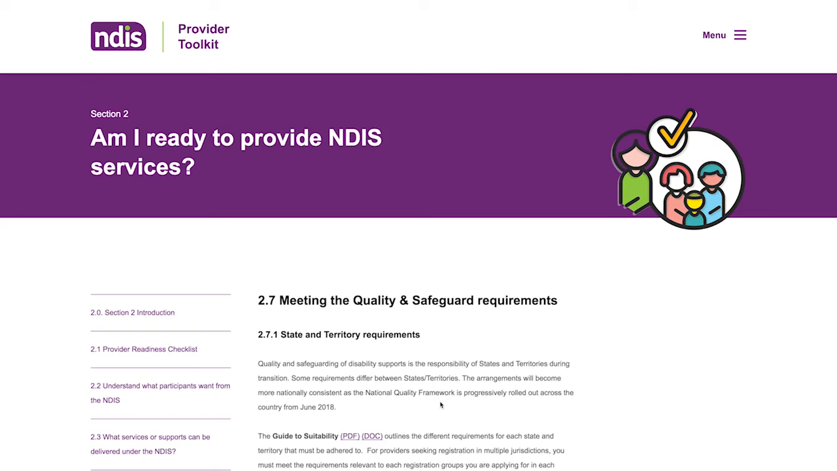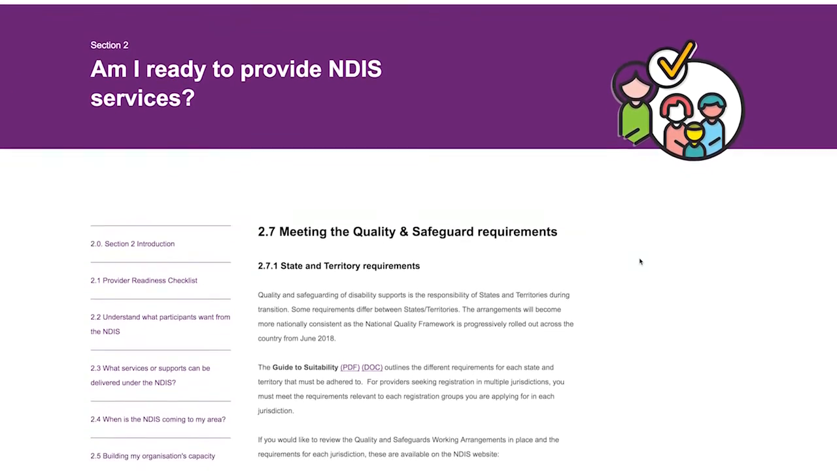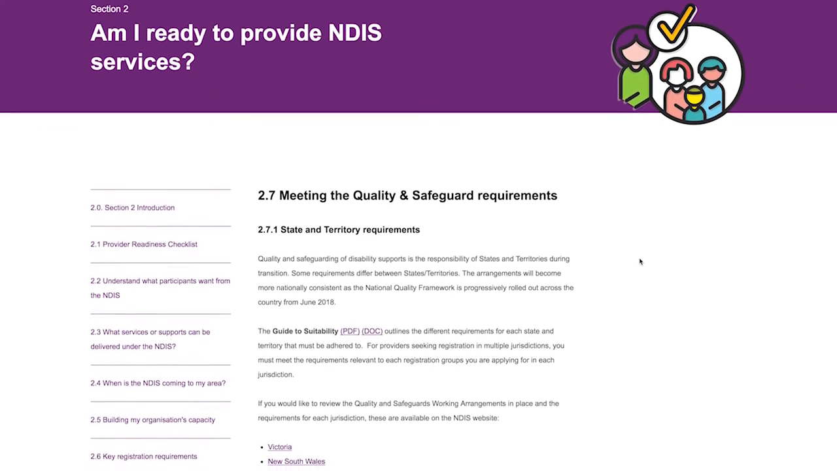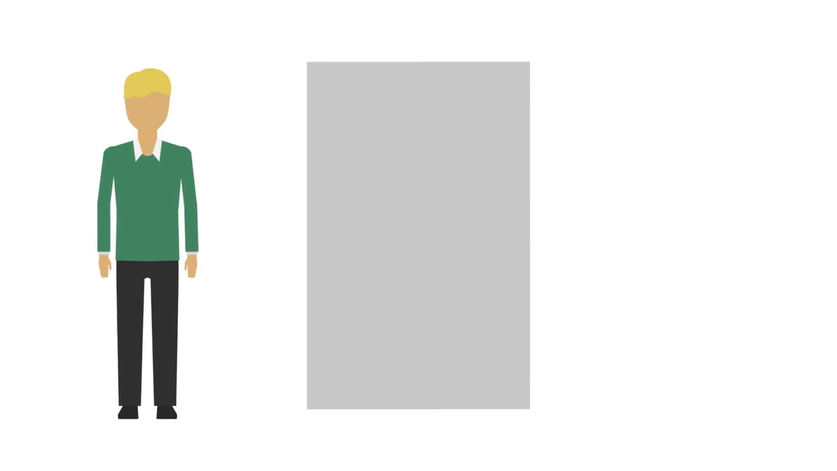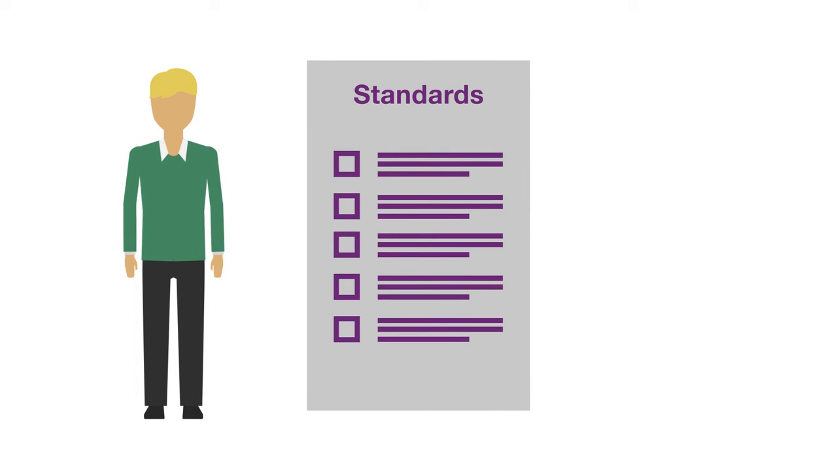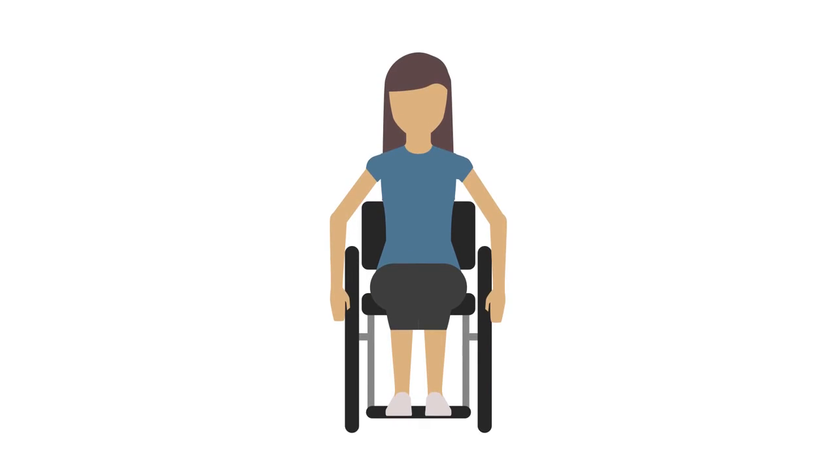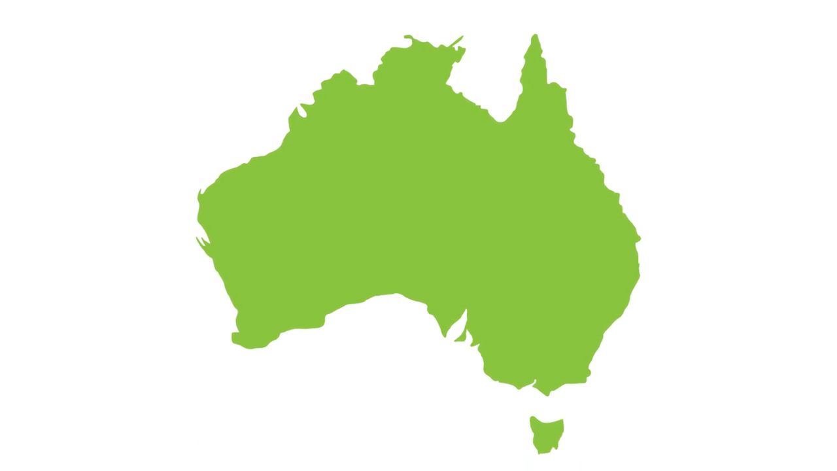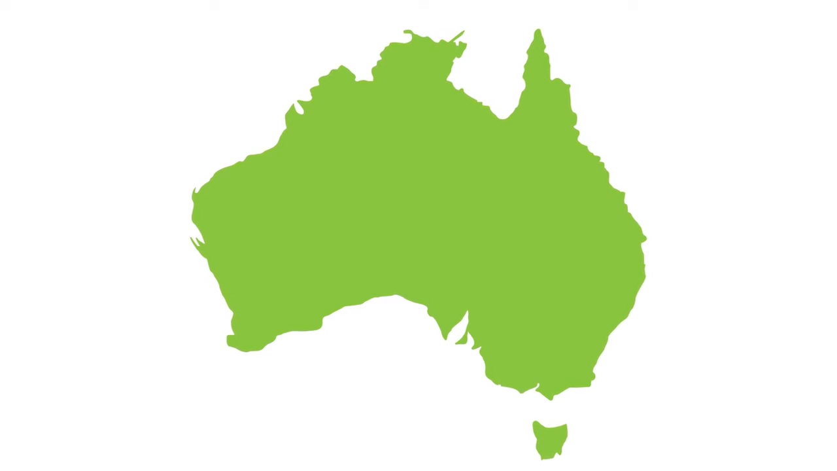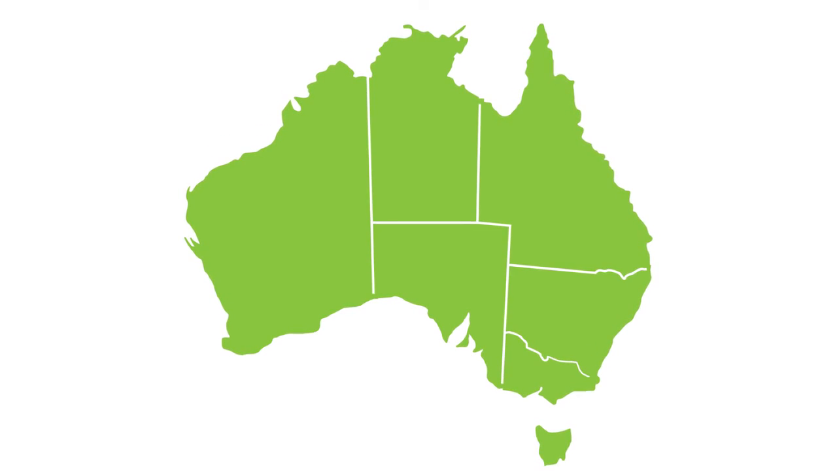Depending on the support categories you're registering for, you will most likely have to meet your state or territory's regulatory requirements. These are called the Quality and Safeguards Working Arrangements, as seen in Section 2.7. It's important that all providers meet this set of basic standards and professional qualifications before they work with people with disability. It's about putting the right protections in place for NDIS participants and showing that you take your responsibilities as a provider seriously. From 2019, there'll be a single national regulatory process, but until then, existing state and territory arrangements